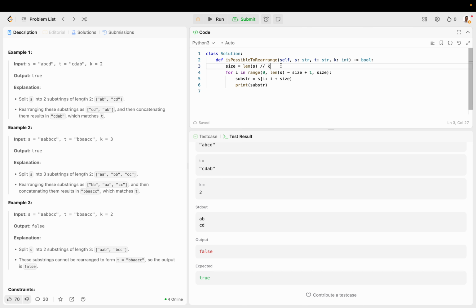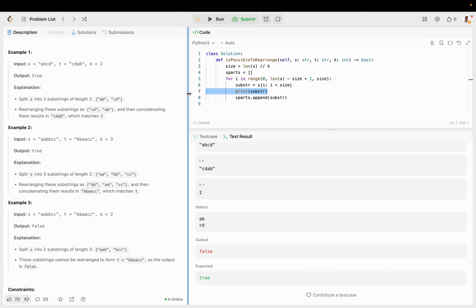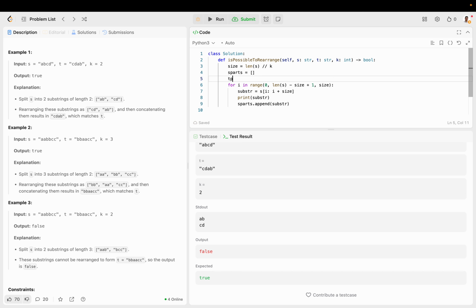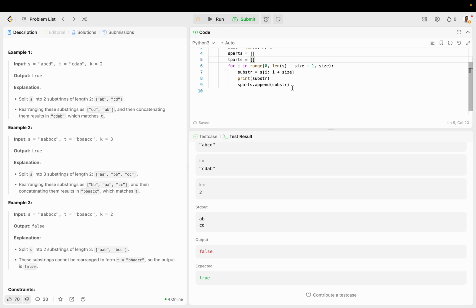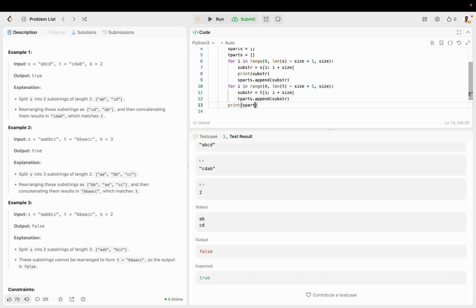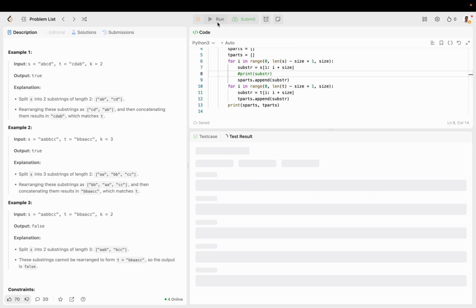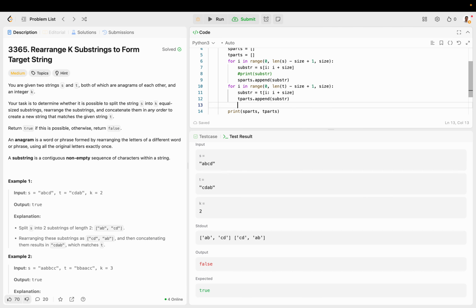Okay, so let's call this S parts, and we are going to obviously append the chopped up size of S inside of this. Let's create another called T parts, and we're going to basically do the same thing, for I in range length of T minus size plus 1 with step size, substring T of I to I plus size, and then T parts dot append substring. Let's print S parts and T parts. So what you'll notice is that now if you sort them,